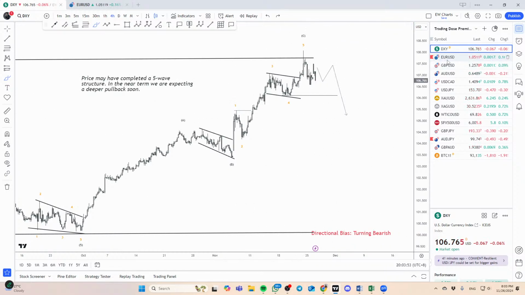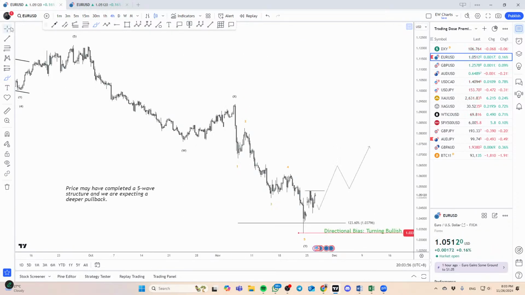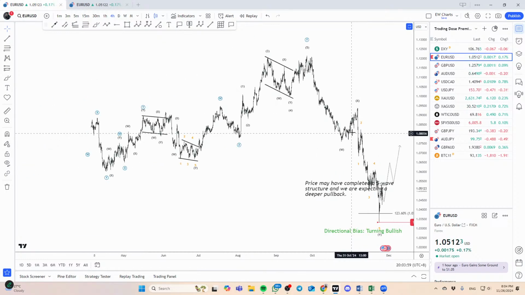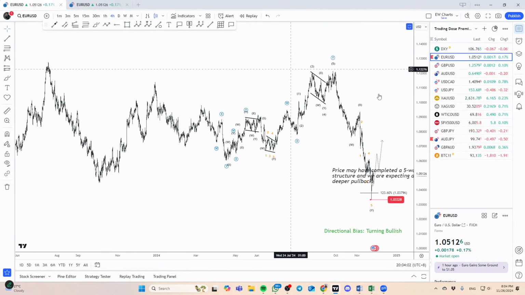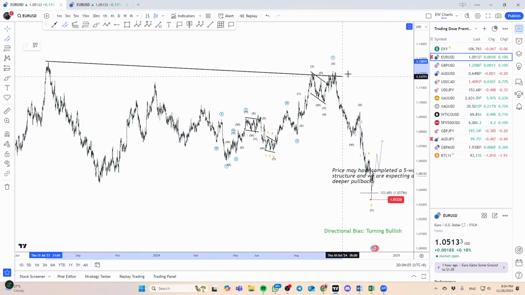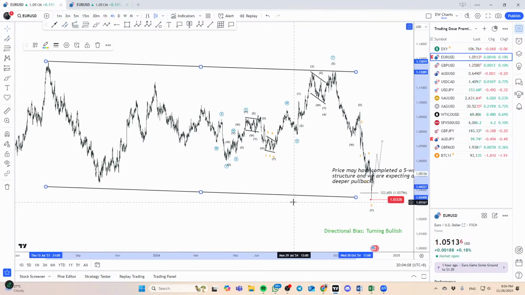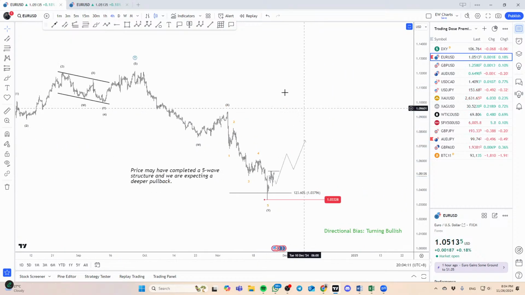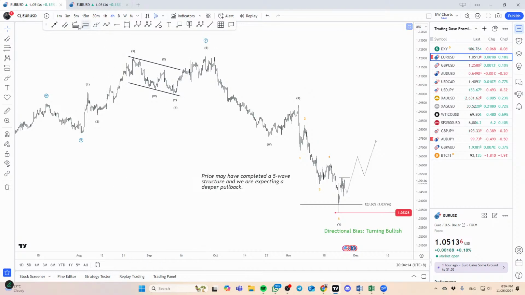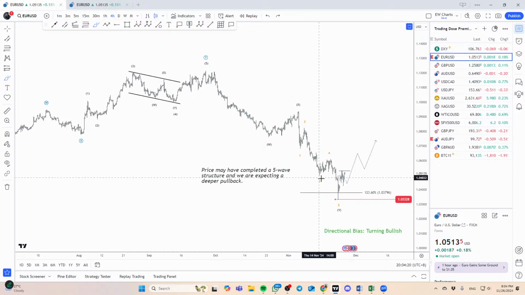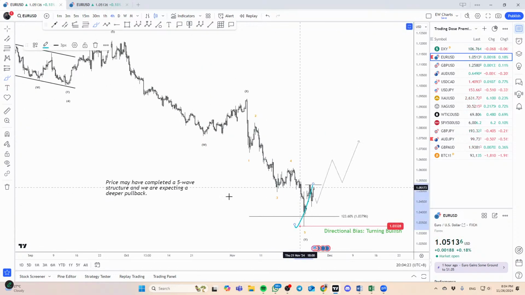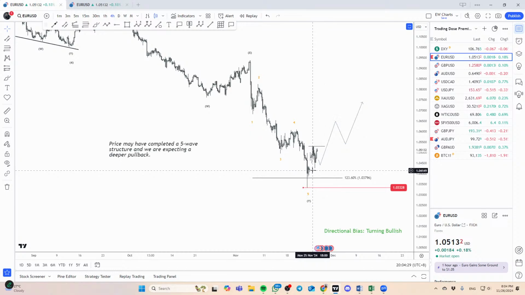That would really signal that the bias here is bearish, but right now it is an early sign of a pullback. Okay. So with that, of course, then EURUSD over here, we'll be looking at turning bullish, right? Same thing if I zoom out a little bit. Okay. I didn't really put in that channel, but you can roughly see here as well we have this channel. The structure is there, and again zooming in a little bit, price here has completed a 3-wave cycle as well, the blue XY coming in at the fib. Pretty decent bounce as well, right? We did get a gap on Monday this week, but the gap has more or less filled, and I think right now the bias here is definitely focusing on potential upside.